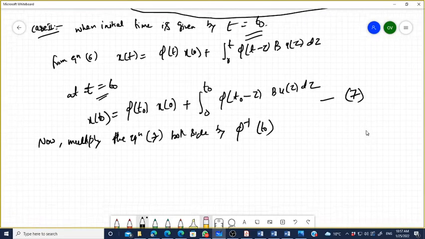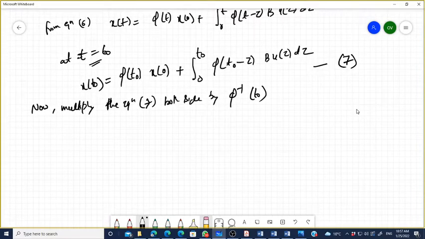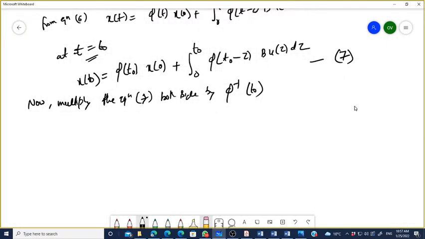Then the equation becomes, please tell me what will the equation become? The main important thing is derivation, right? हम लोग को xt चाहिए और xt के लिए at t equals to t naught, we are trying to find out the value of xt, right? So in order to do that, what we are doing, see, phi inverse हमने t naught से multiply किया both sides, so then the equation becomes phi inverse